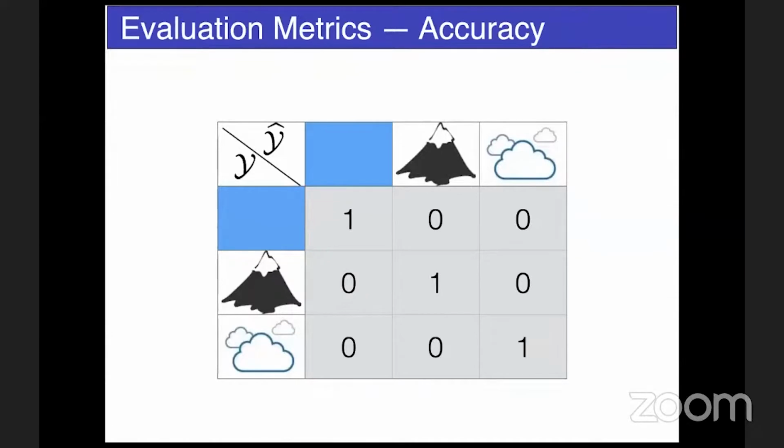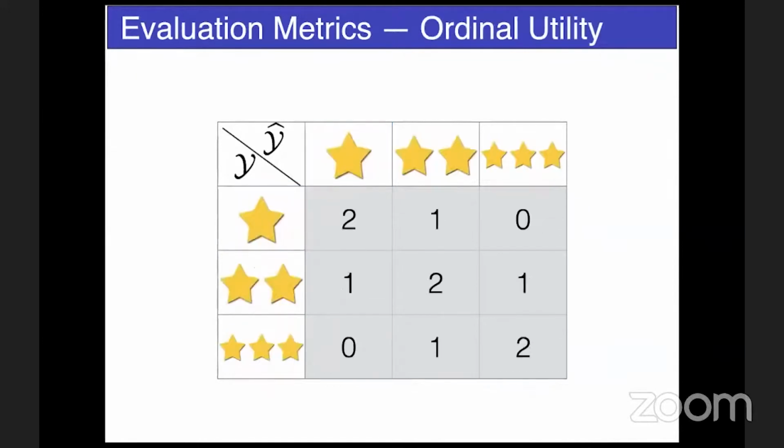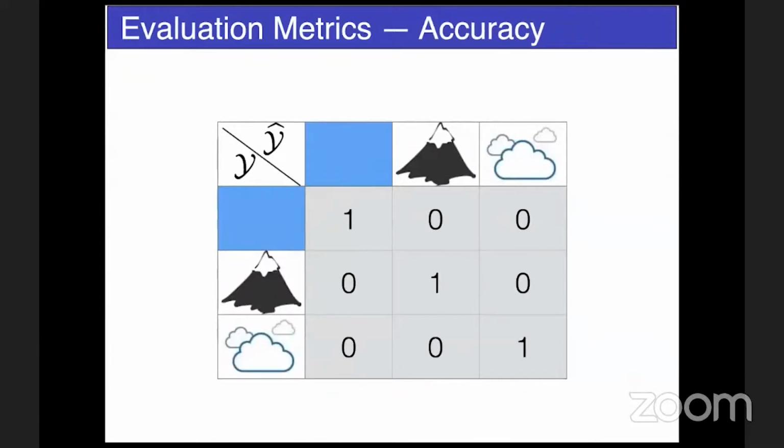But is this the right evaluation metric for every kind of problem? For example, you can easily imagine a situation where you are building a movie star rating algorithm. The algorithm has to take in a movie, maybe it takes in movie reviews or movies itself, and rates them as either 1 star or 2 stars or 3 stars. That's what it does. In this case, it is not natural to have the same matrix here. Imagine if instead of sky, mountain, and cloud, we had 1 star, 2 stars, and 3 stars here. That's not a really good way of evaluating.